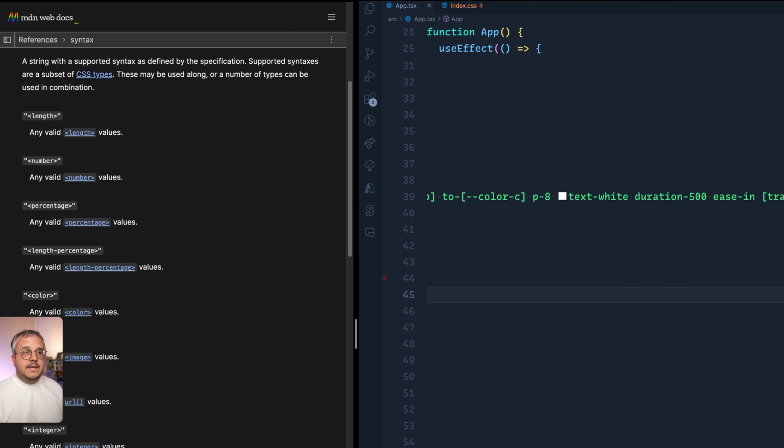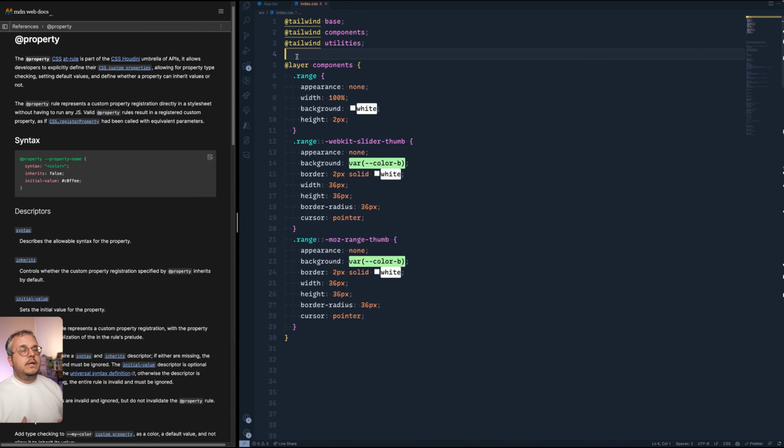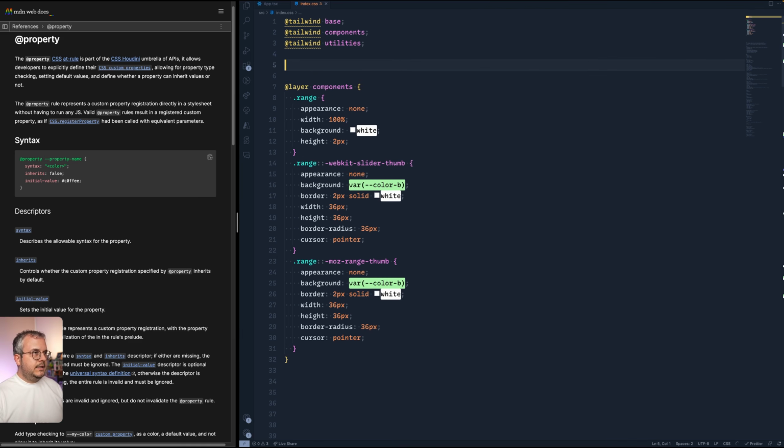So we're gonna add this, and from that moment on, you will see that we're able to animate these variables and thus animate the gradients. So if we quickly go back to the property, you see that this is a basic CSS definition. So we can't add this right here in Tailwind, we need to add that to our CSS file. And if in Tailwind you want to include some CSS that you want to add to all of your pages and every place instead of being a utility that's only in your CSS file if it's used, you can use the @layer base.